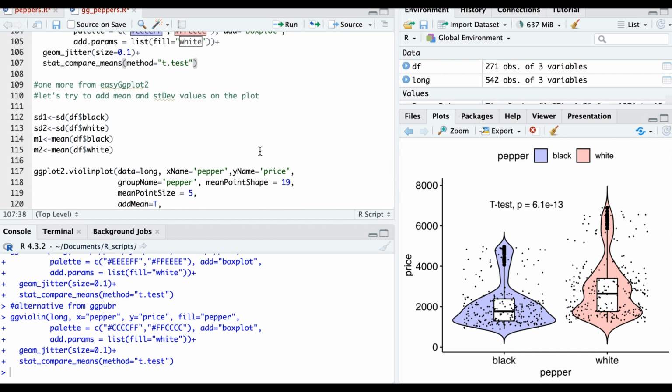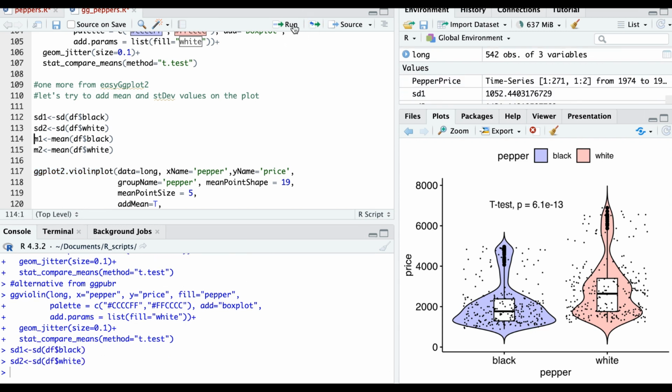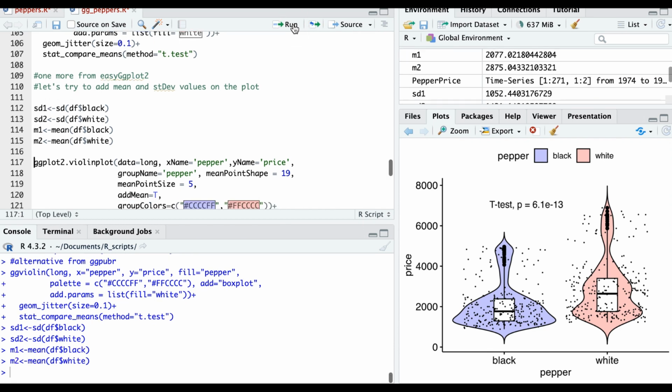Next, we previously did extra graphics in order to show the mean value and standard deviation. So I will do the same for the violin plot, only it will be this one down below. Before that, we calculate standard deviation for black pepper prices and mean, and the same for white pepper. We are done, and now we call a ggplot,